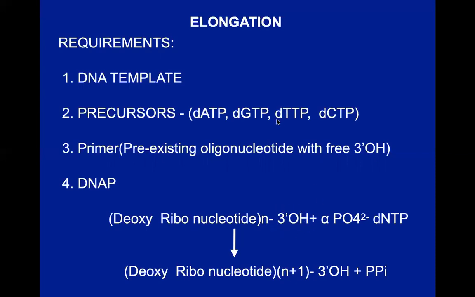Now the incoming nucleotide is having an alpha phosphate group. So this is added, the incoming nucleotide triphosphate. This is having alpha phosphate. So this condenses with this 3' hydroxyl group, forming one additional nucleotide to the already existing oligonucleotide. This is synthesized with another 3' hydroxyl group. And from this triphosphate, pyrophosphate is released. This is the reaction that happens in the